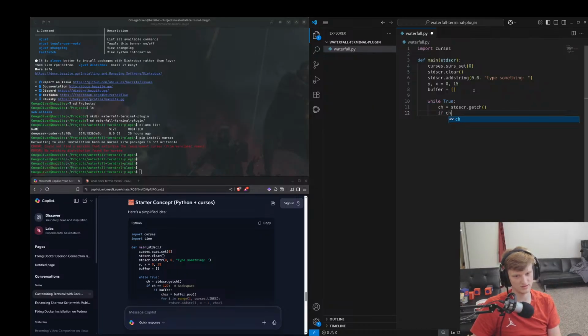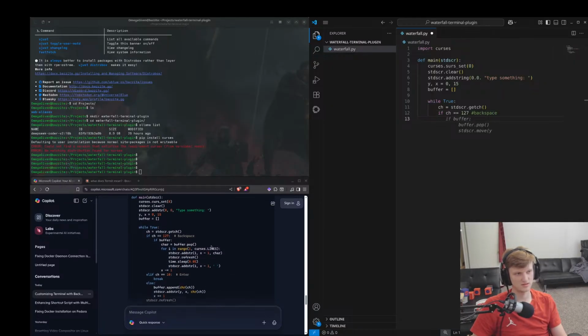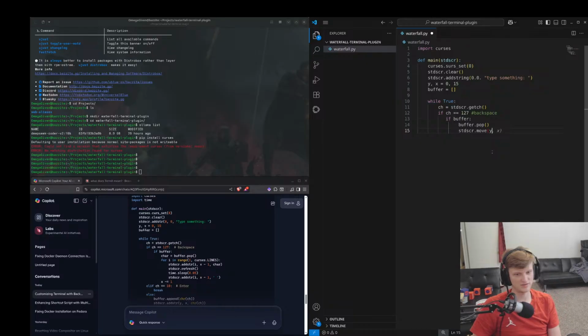All right, if character equals 127, which is aka backspace. Backspace. I'm going to put that comment there because it actually makes a lot more sense. If buffer, character equals buffer dot pop,